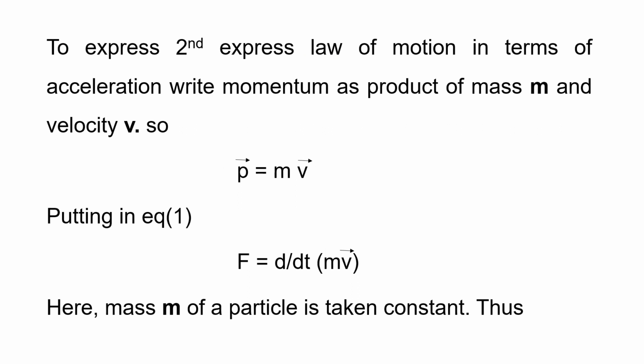Now to express the second law of motion in terms of the acceleration, we write the linear momentum as a product of mass and velocity. We know that linear momentum p vector is equal to mv vector. Now putting this equation of p in the previous equation 1, we get d over dt into mv. As mass is constant, it cannot be differentiated, so it can be written outside the differential d by dt. Then the equation will become